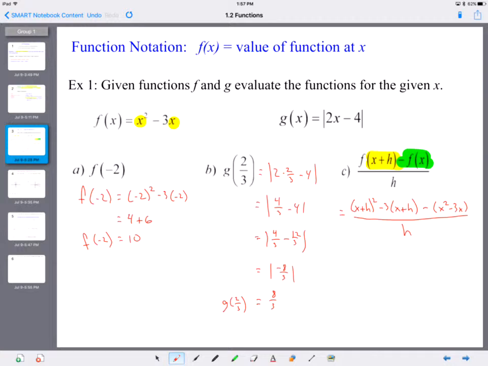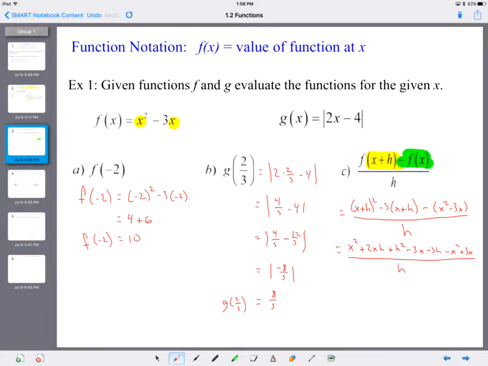But this is really what we're going to be doing at the end of the semester. Now we still can be doing some of this stuff, maybe not as complex, but to get you prepared for the end of the semester, let's simplify this so we can see what it looks like. X plus h squared, that's x squared plus 2xh plus h squared. That middle term is because x plus h, you have to expand that out. That's a binomial times a binomial. Then we have minus 3x minus 3h, and then distribute the negative, so that's negative x squared plus 3x